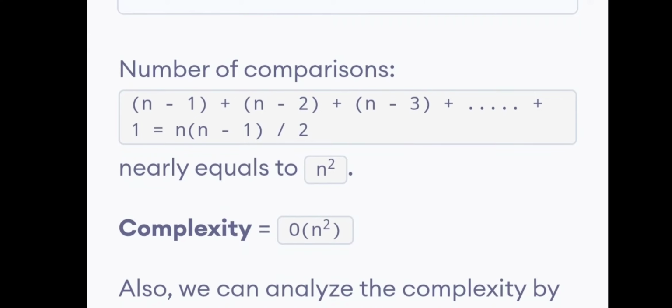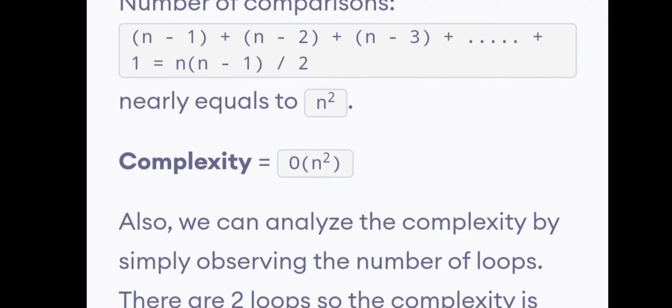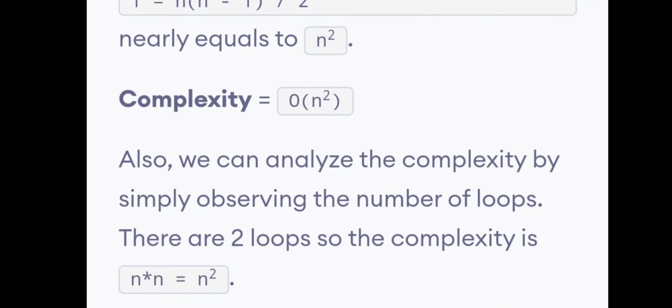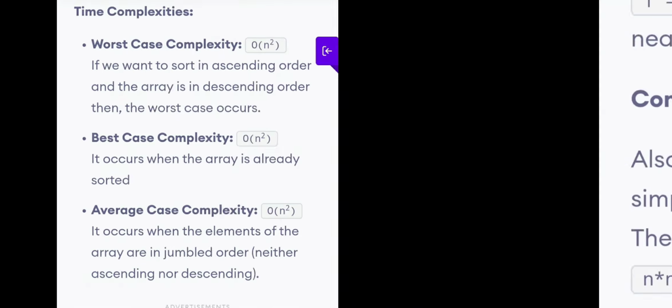The order of complexity is order of n square. Time complexity of selection sort is order of n square. Also we can analyze the complexity by simply observing the number of loops. There are 2 loops, so the complexity is n into n, which is n square.